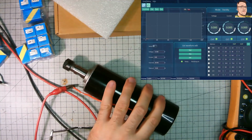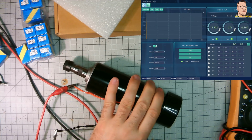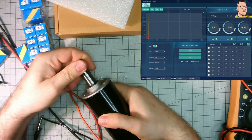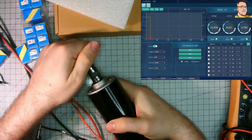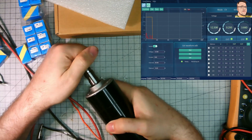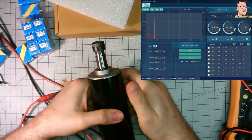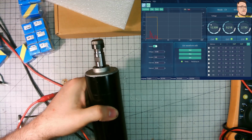Okay, power supply is online. Let's start from 12 volts. That's surprisingly good. It's really quiet. No vibrations. As you can see, drawing not too much power, but it's just 12 volts. The power supply is maximum 30 volts. It means I can't test in the full range, but it will be enough to give me some